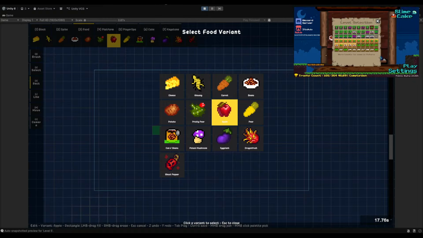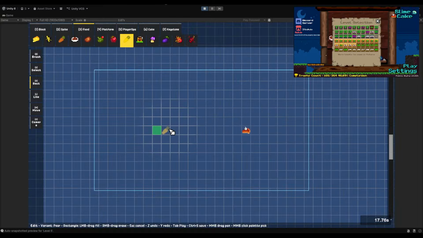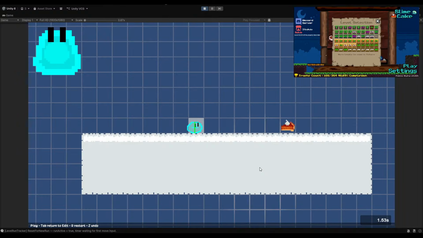Let me scroll up. Let me just make sure my Discord's not showing up on my OBS. Oh, good. It isn't. I had some food ideas written down. Pear, yep. Oh, orange. Yeah, I think I had an idea for orange where it's the same as apple, but you can only use it on the ground. And then pear is also like an apple, except it's only 2 blocks, not a 3 block dash. Maybe some of these are too similar.